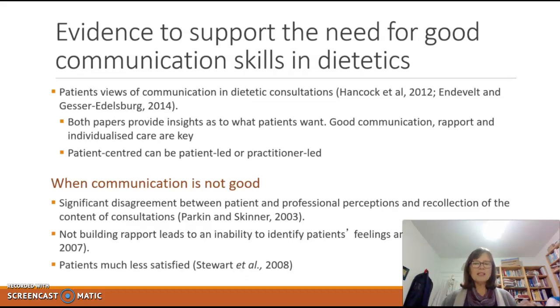So just spend a little bit of time before we have the session thinking about what these questions really mean in practice. If someone's not satisfied with the consultation they've had, you may be able to relate it to some personal experiences yourself. What are they going to do? What's the impact of that? And we'll continue to unpack that a little bit at the beginning of the session when we meet.